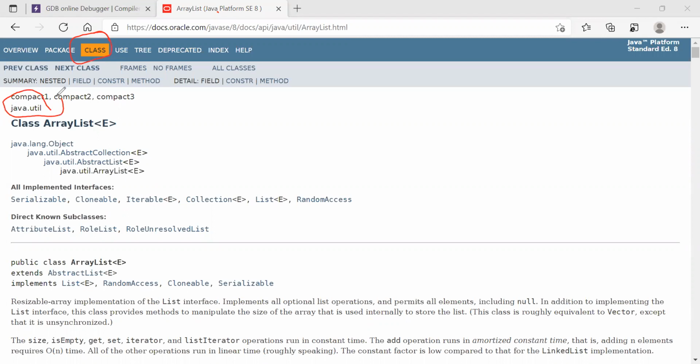All the collection framework is found in the util package. So to use ArrayList, you need to import the util package. And then these are all the methods. Let me show you the methods of the ArrayList.